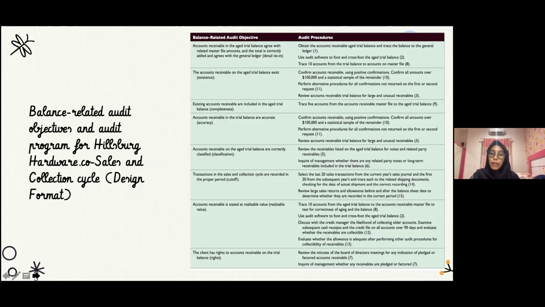Okay, this is the balance-related audit objectives and audit program for Hillsburg Hardware Corporation's sales and collection cycle in the form of a design format. We have the balance-related audit objectives and the audit procedures. First is that the accounts receivable in the aged trial balance agree with the related master file amounts, and the total